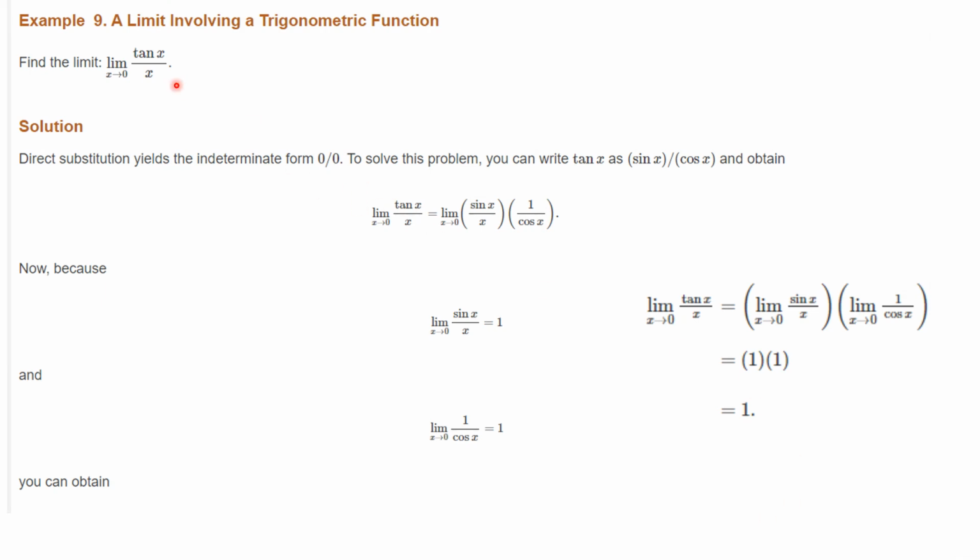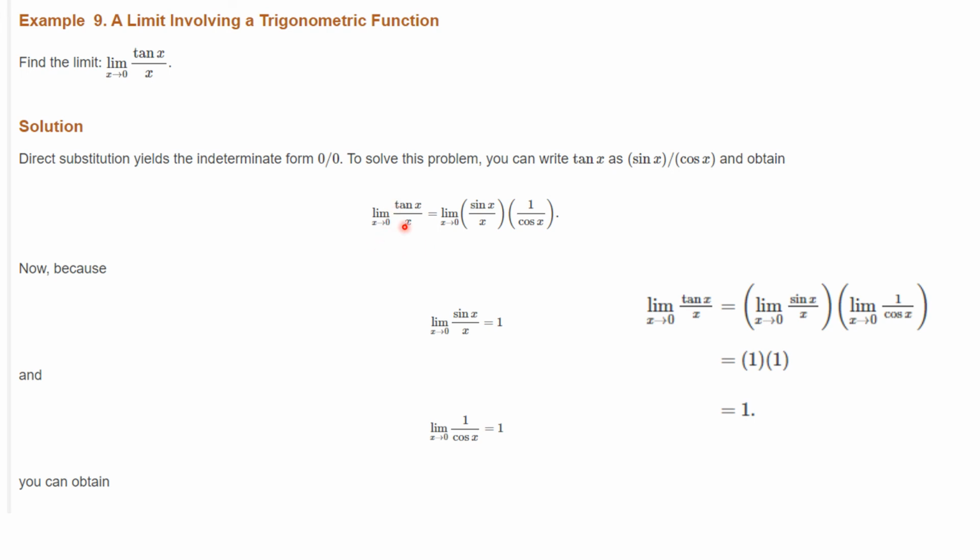Now let's apply these to some things, and we're going to use them later when we take the derivatives of the sines and cosines. Okay, so in this example, we want to find the limit as x goes to 0 of tangent of x over x. Now the first thing you try is just plugging it in, but you say, oh, I get 0 over 0, so that doesn't work. Well, but the tangent is the sine over the cosine,